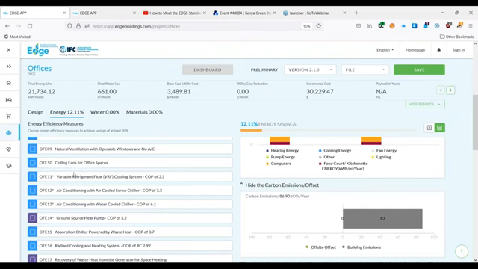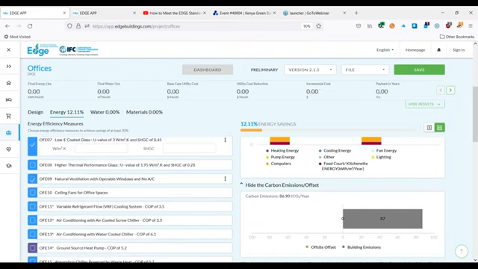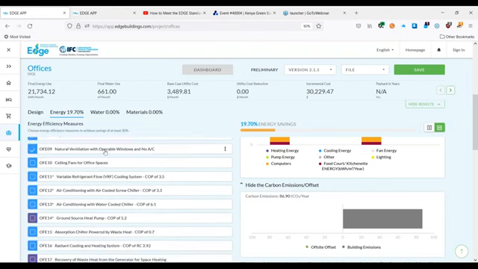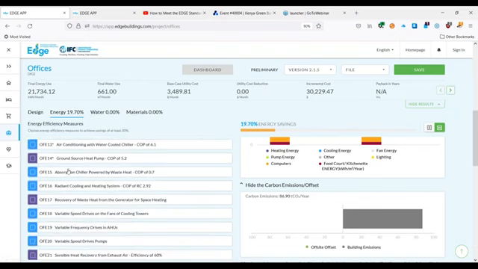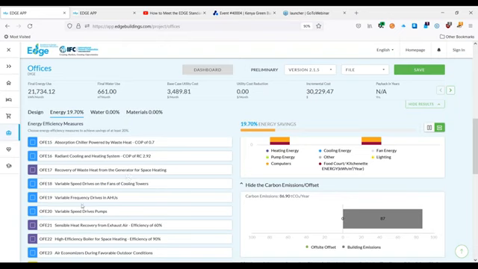We decide that perhaps we have natural ventilation in the project. We've designed the natural ventilation to meet the required window openings for the natural ventilation requirements. Again, we see our energy performance has increased even more. There's a lot here on air conditioning. I'm sure all you energy professionals would be quite interested in seeing the impacts of this. We won't go into it in all detail now, but you can definitely play around with this on your own time. Remember, this is a free tool to use.